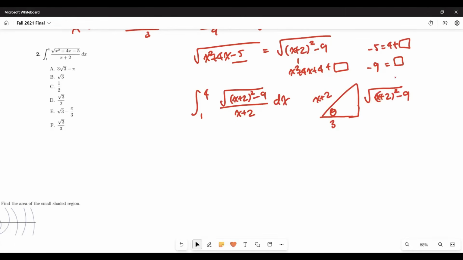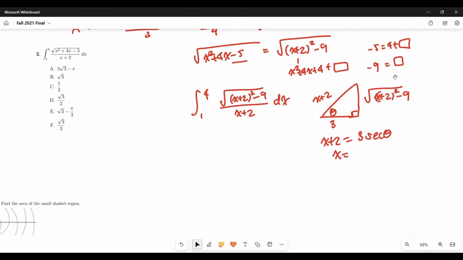If it was a positive sign, I would have put that squared value in the hypotenuse, but since the squared value and the constant are not added together and rather are subtracted from each other, it's the same as the x squared minus a squared format,